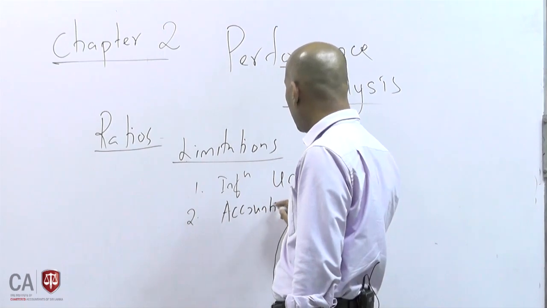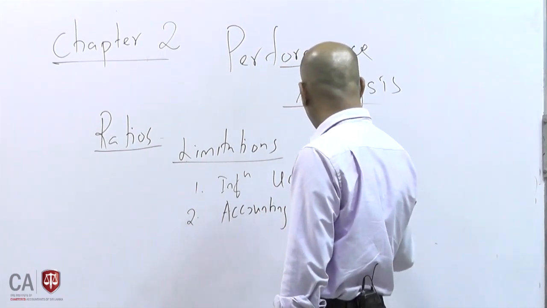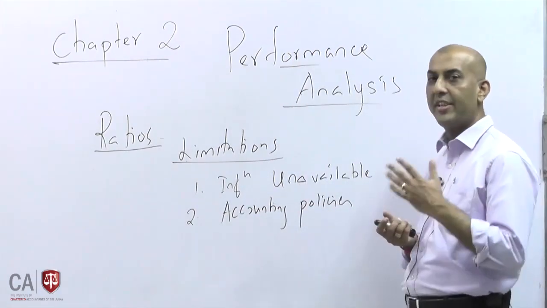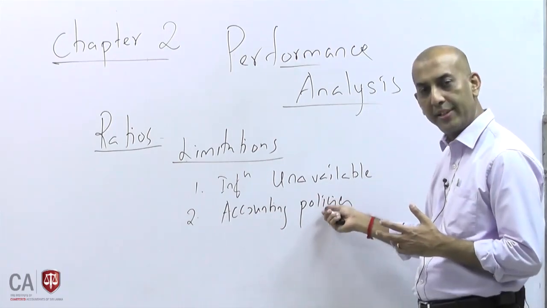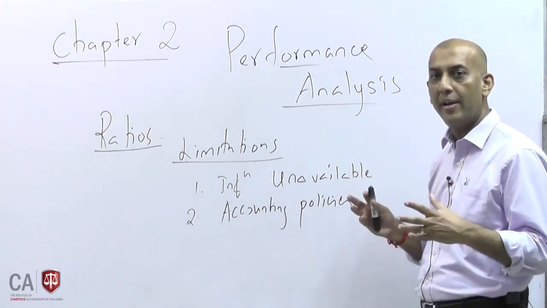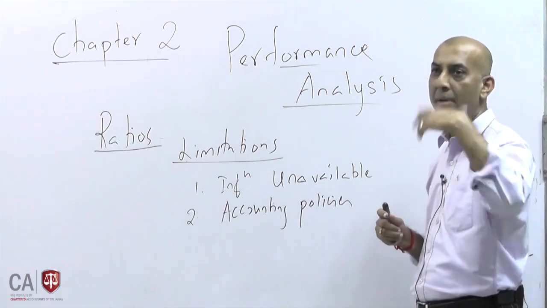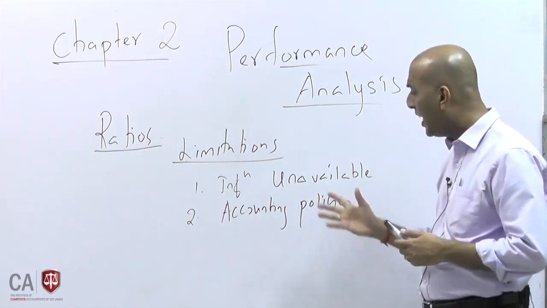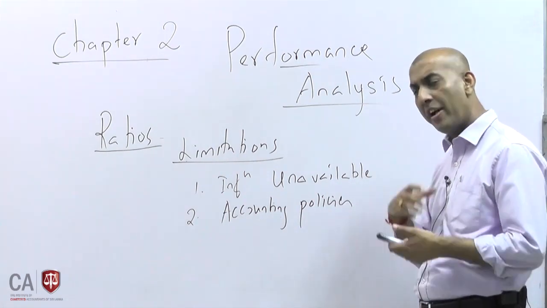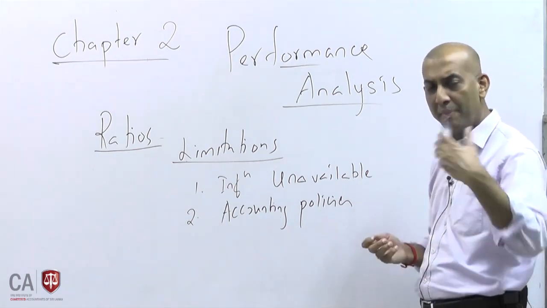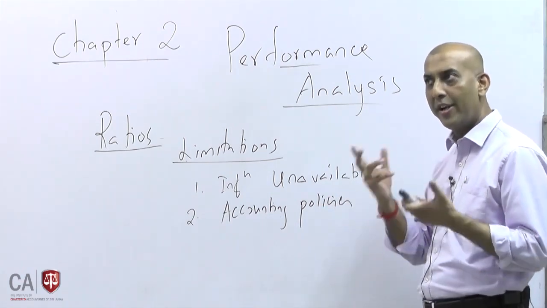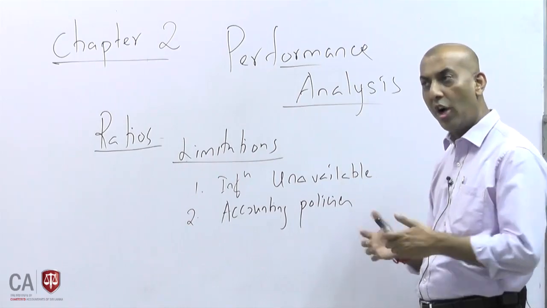accounting policies. Please note that most of the time we calculate ratios based on financial statements. The financial statement of each company is subject to its accounting policies. So if there is a variation in accounting policy between companies, your ratios may not be showing the same thing. One company's impairment practices could be different from another company's. Or one company may be on the revaluation model, while another is on the cost model. So if you have different accounting policies, your ratios will also differ from one company to the other. Or even the investment categories.